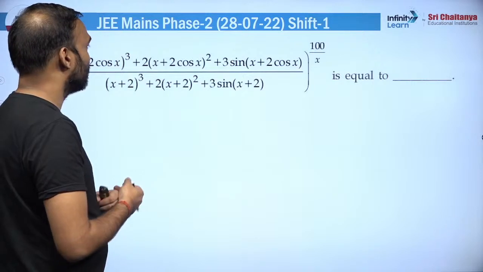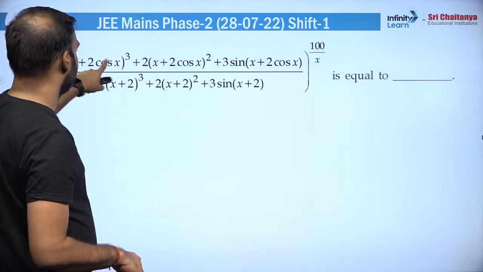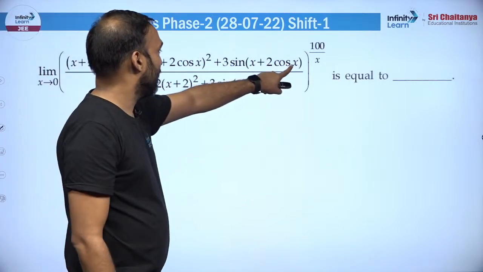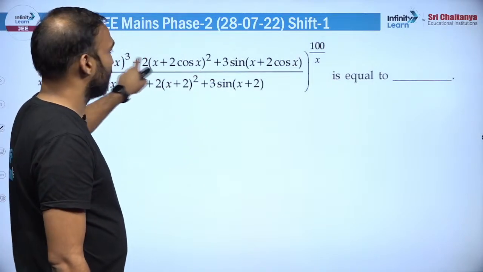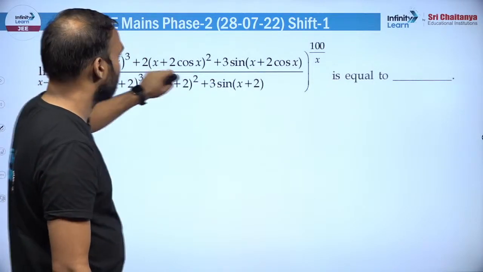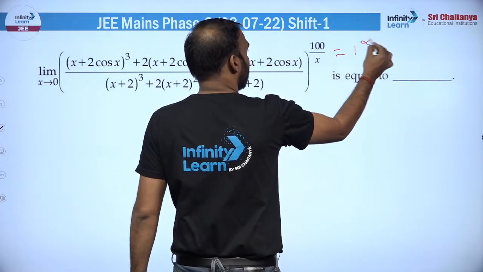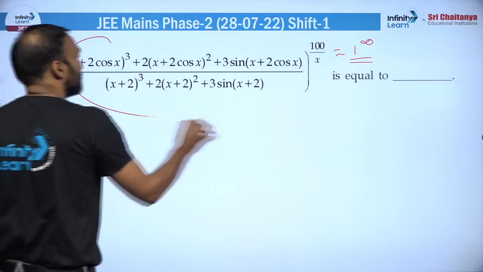Next is a question from the limit. If you put x tending to 0, this is 0, this is 1, this is 0, this is 1, this is 0 and this is 1, and if you write 0 over here and simplify, this is 1 and this will be infinity. So this is basically the form of 1 raised to power infinity, nothing else. So 1 raised to power infinity, let's say this is fx